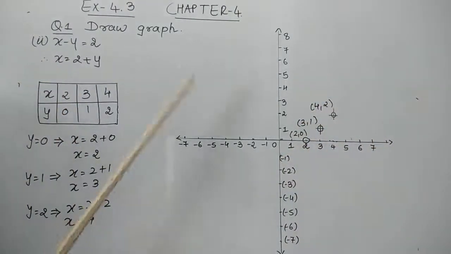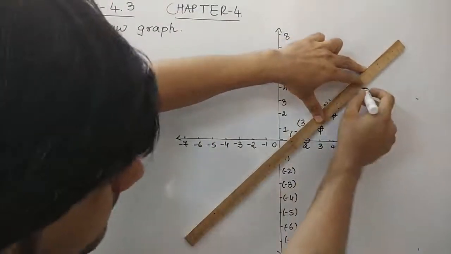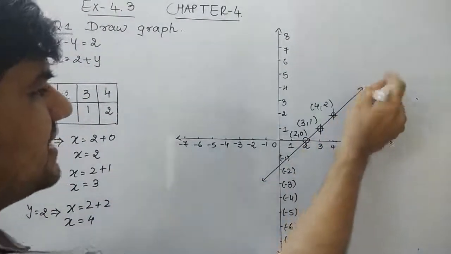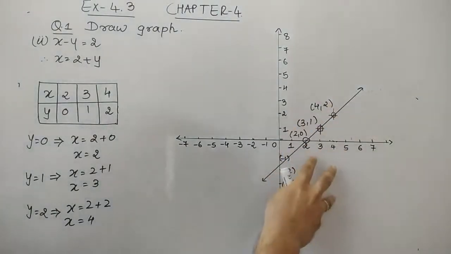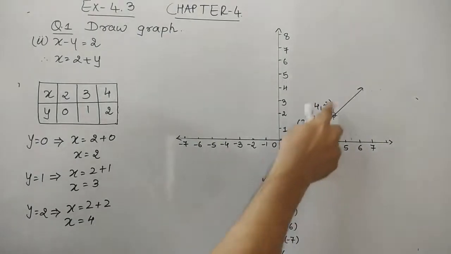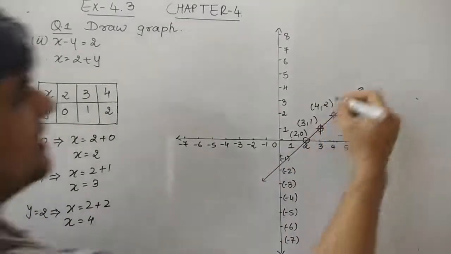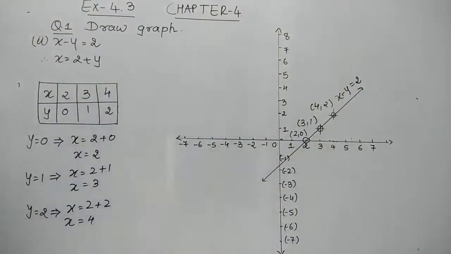So now to check whether it is right or wrong, we have to draw a line which passes through the points, and we have to check that this line must pass through all the 3 coordinates. So we can say that it is a linear equation, it is the correct one which we represented. If you have represented the points wrongly, then these won't be collinear points. If you have made a calculation mistake, again you won't get the same line. All the 3 points should pass through the same line. So the line at the last we represent here, x minus y is equal to 2. So this is the graph of question number 2.